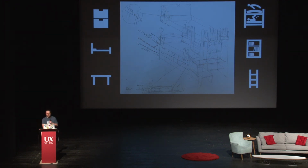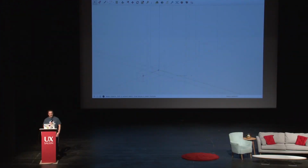But I had become so familiar with my cumbersome workflow. And yes, I did try to switch to CAD, to 3D-aided design tools before, but I really never figured out how that works. Up until that day when I found a YouTube video of a carpenter explaining SketchUp through the eyes and hands of a carpenter. With that narrative, I immediately understood how to use that tool for my woodworking needs and began designing the bunk